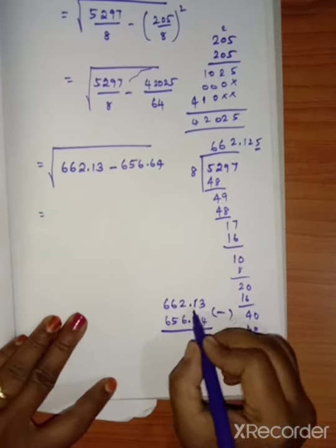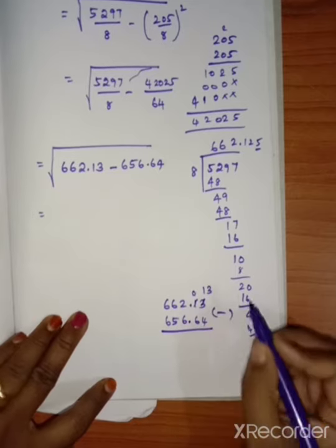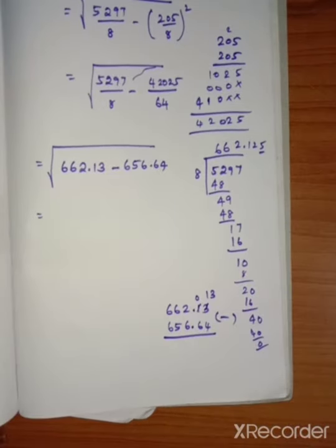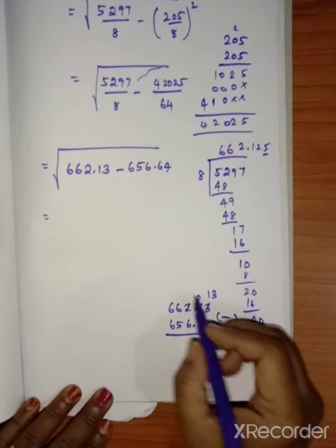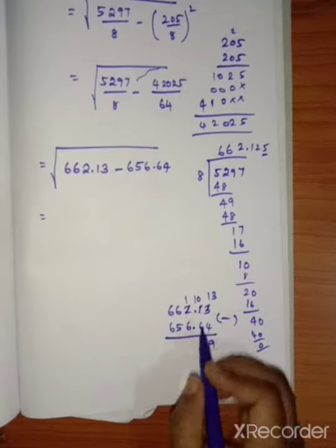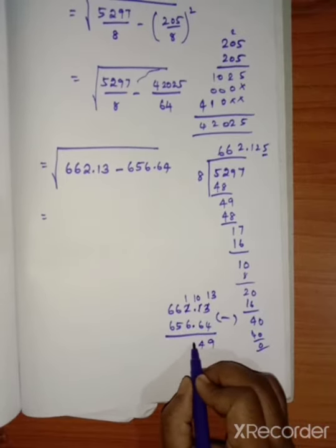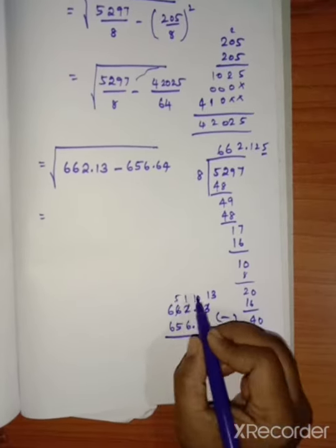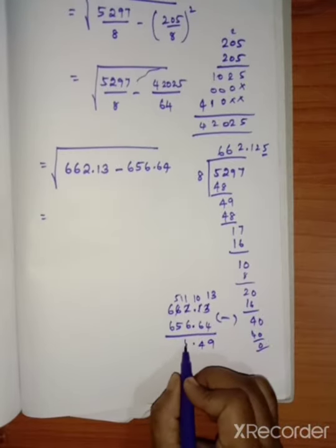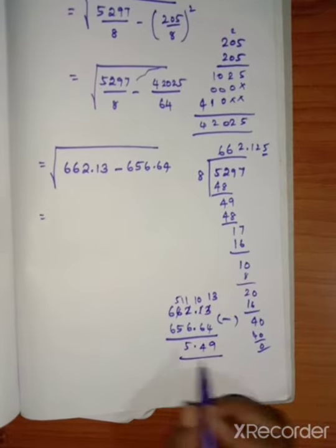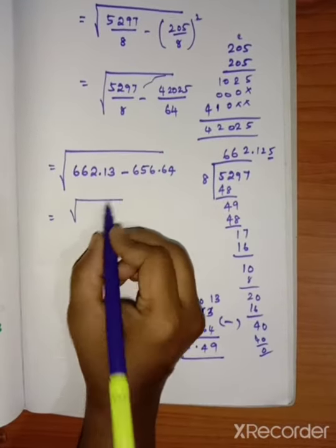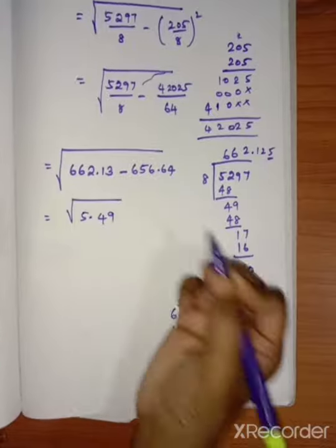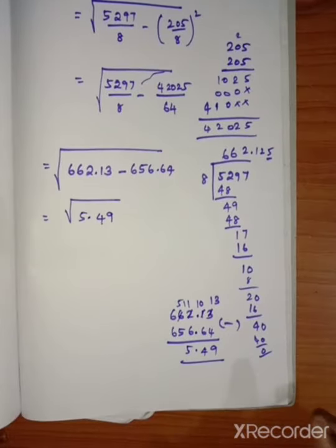So borrow from the near one. 0 13. So 13 minus 4 means we get 9. 0 is not possible. So if you borrow from the near one, 4, decimal point same position. Then here 5 11. So 11 minus 6, 5, 0, 0. So the value is, this is the greater one, so this is positive. So root of 5.49. For the standard deviation, the rough column alone it will be too long.